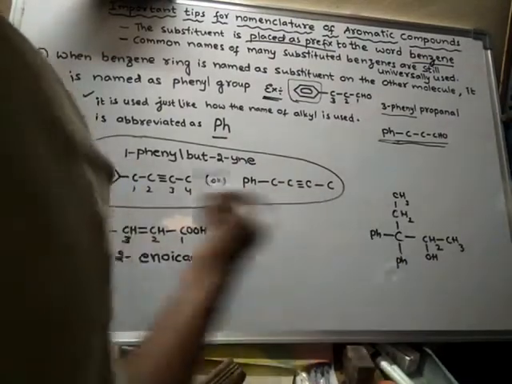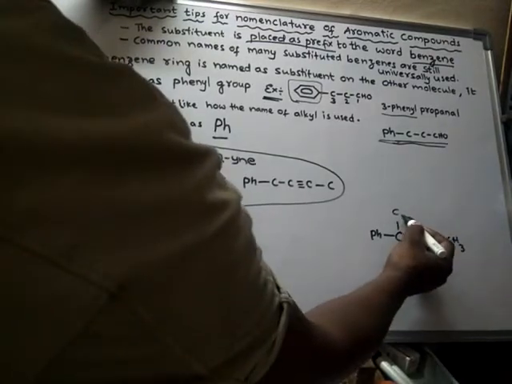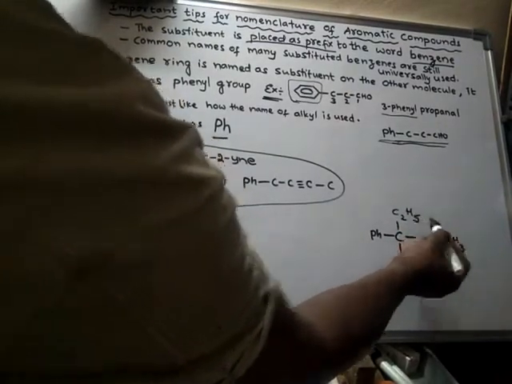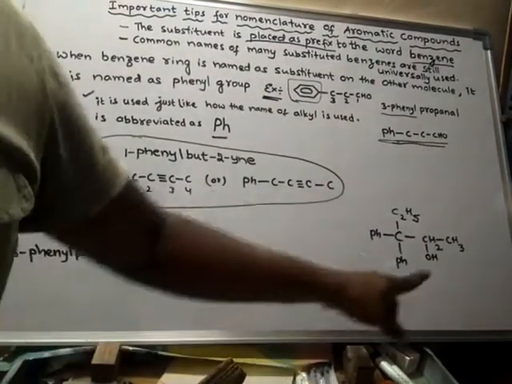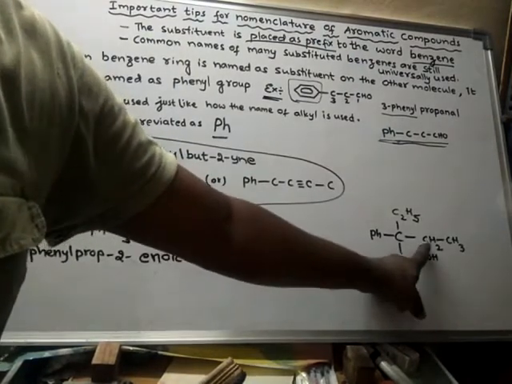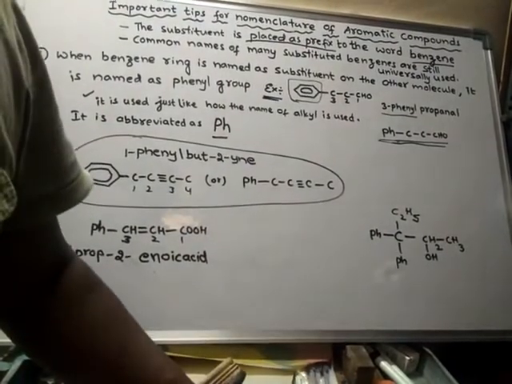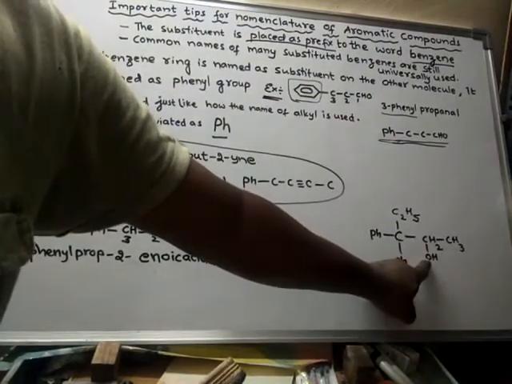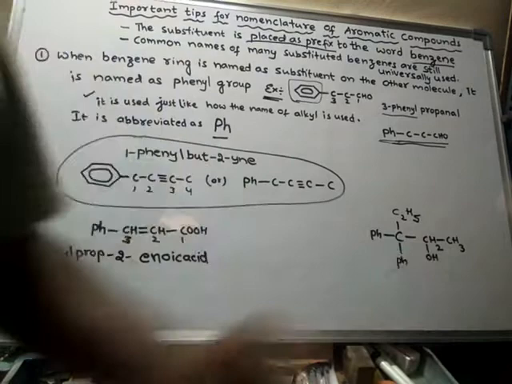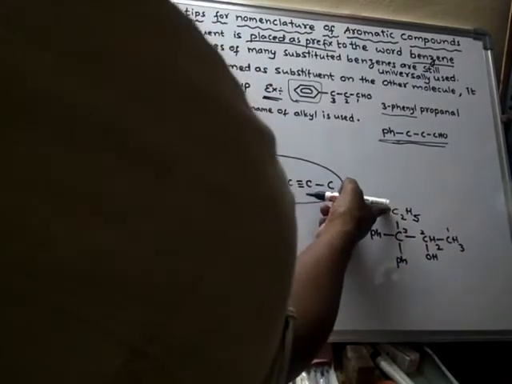So how to number this 5-member chain? Simply I'll write it like this, C2H5. Even in exams, compounds will be given like this, so don't get confused. You have to analyze. Now this is the functional group which is attached to this carbon. So from where should the numbering be given? Always numbering should be given based on the functional group. The carbon to which the functional group is attached should get the lowest possible number. So if I give numbering from this side, this will be the first carbon, second carbon, this is the third carbon, and out of these, one will be the fourth and one will be the fifth carbon.